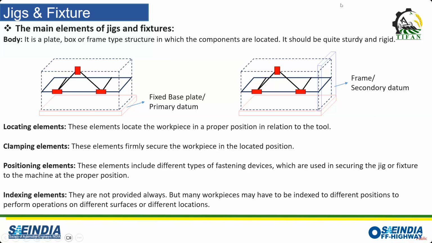Then we can have some positioning devices, where I have mentioned that we need to have a very good fixture, but somewhere apart from the locating elements, we need to hold that fixture against the workpiece. So we can use the positioning elements. And in case we have some indexing operations, like certain machining operations being done at certain angular positions, we might need indexing elements. So these are the major jigs and fixture elements that we need to focus on while working on our machine